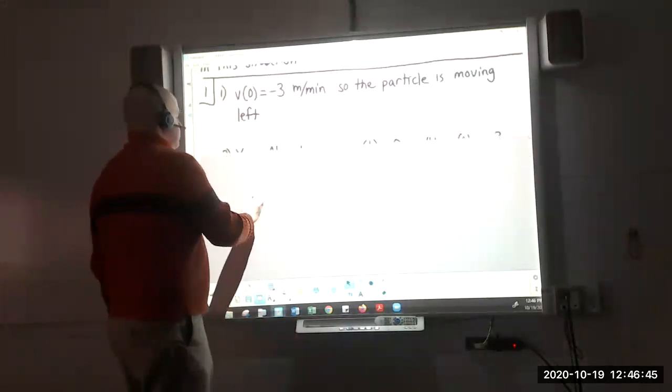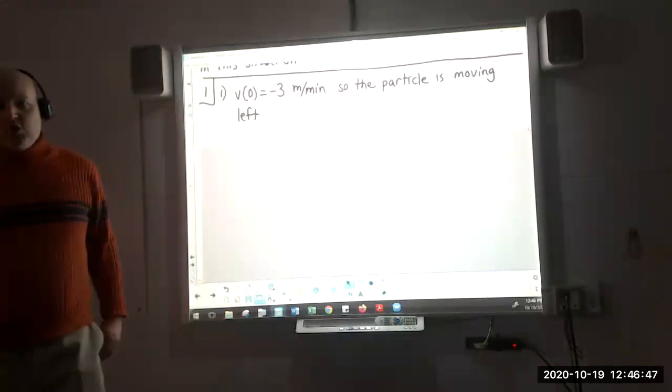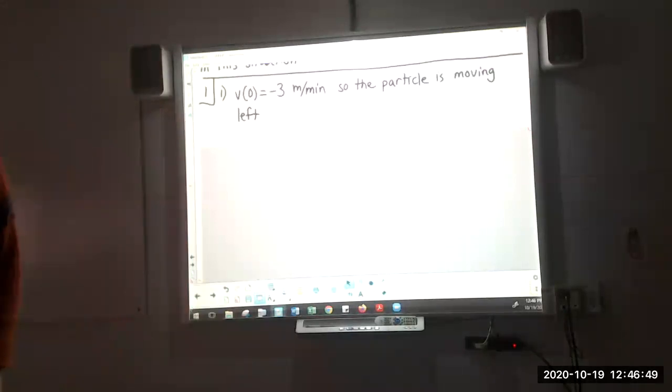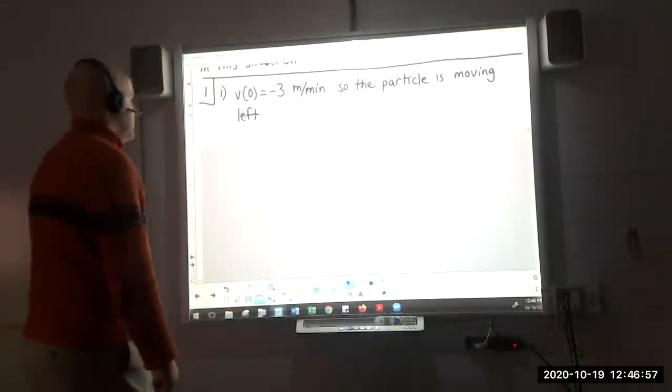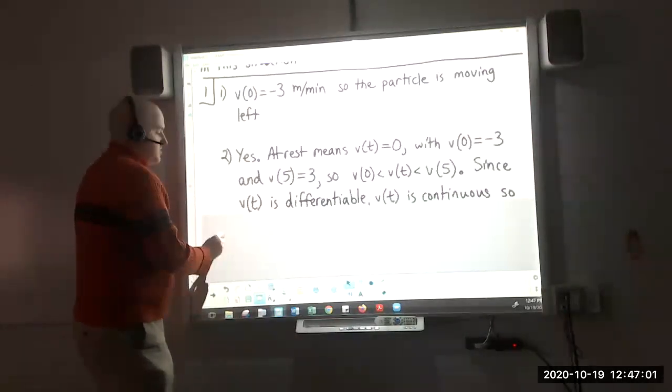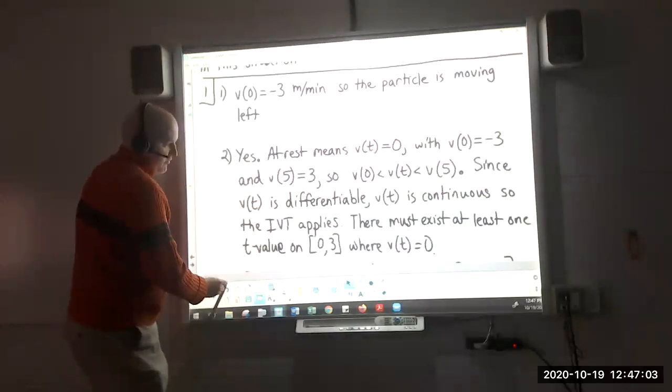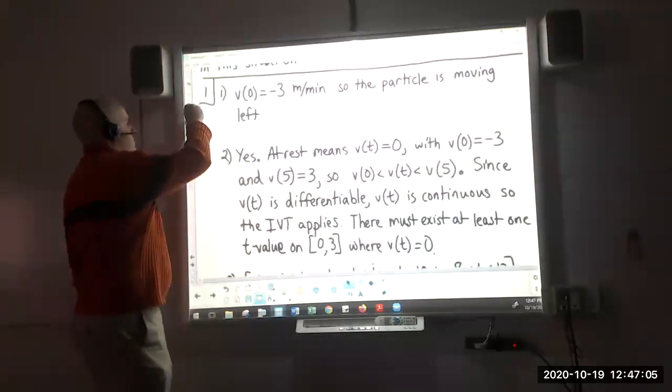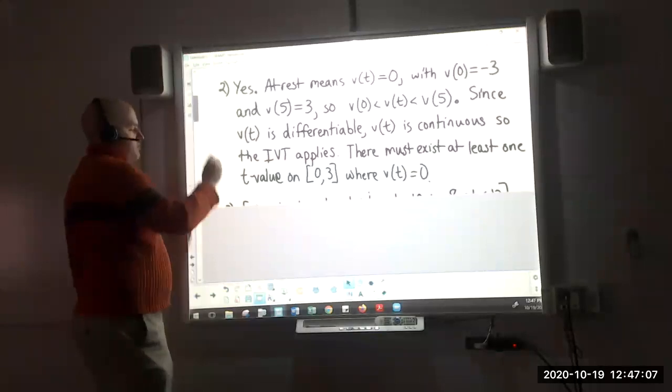So this was the first one. I hope this one was pretty straightforward. You read the table, you got the value at 0. Notice that the value was 0, checked your definition, said moving left. Okay, moving on. This next one, not as straightforward, and a wonderful chance to review once again the intermediate value